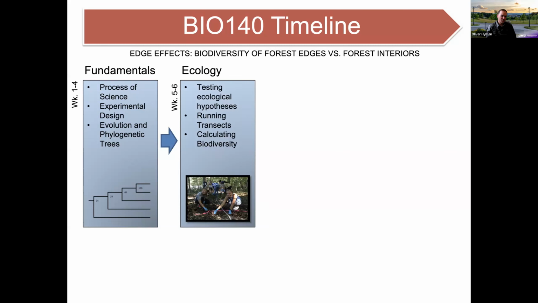The next 2 weeks are an ecology module, where students go out and run transects in the forest interior and the forest edge. The students are broken up into groups. There's a fungus group, there's an insect group, and there's a plant group. During this time, they're quantifying all the morphospecies along the transects and comparing biodiversity of species in each of their transects at the forest edge and in the forest interior. And they're also collecting an individual sample that they're going to identify through DNA barcoding.